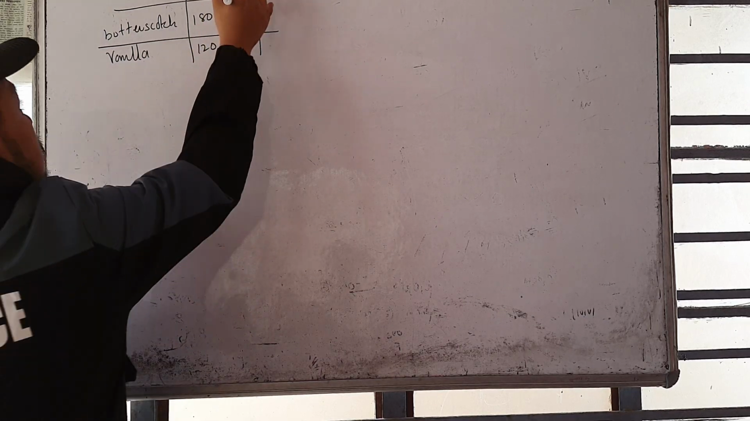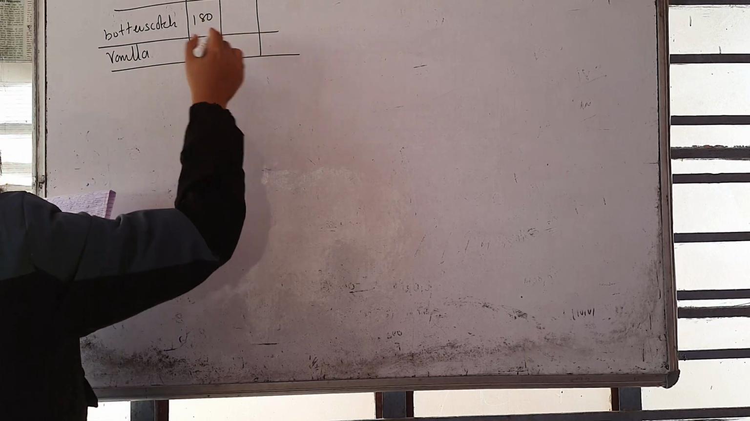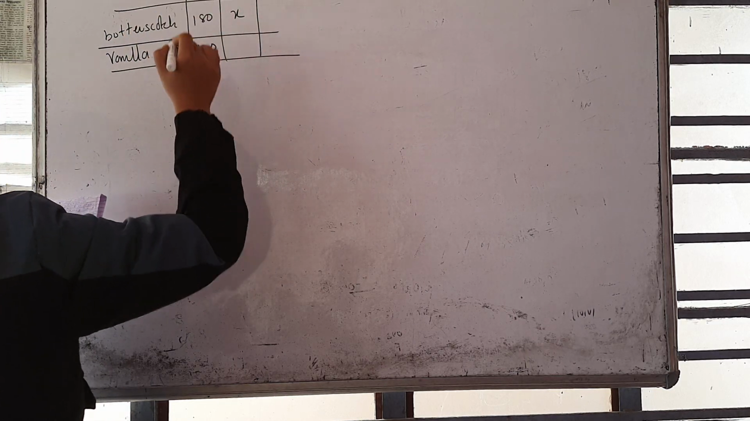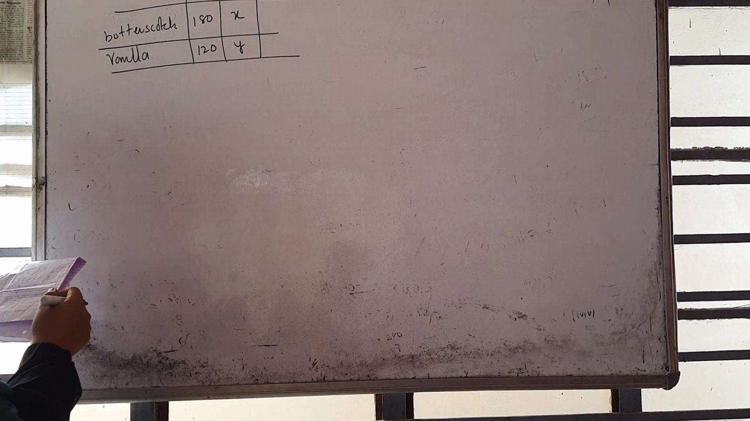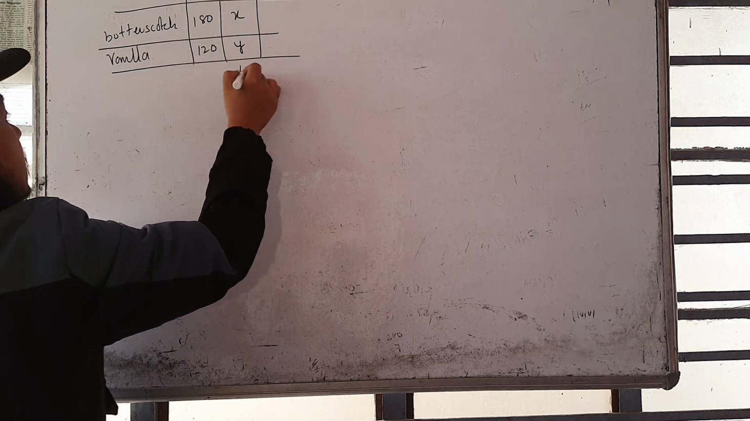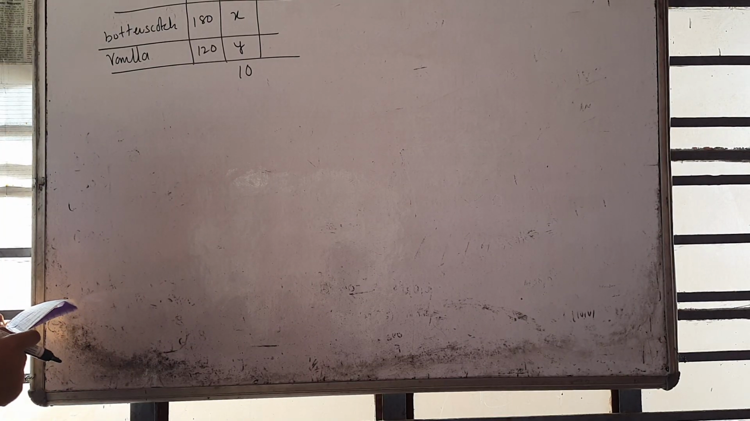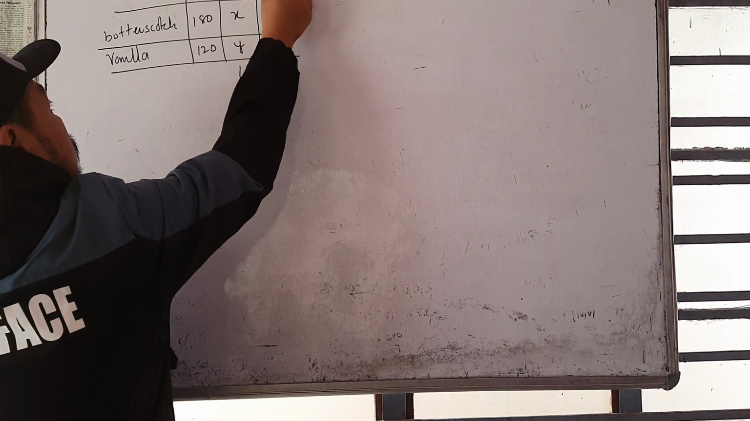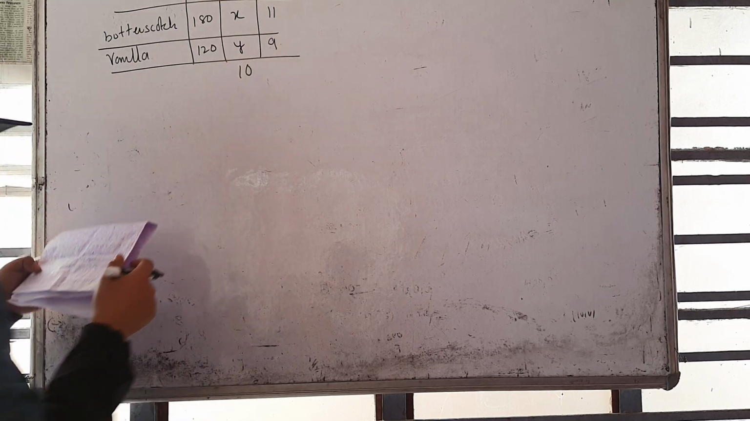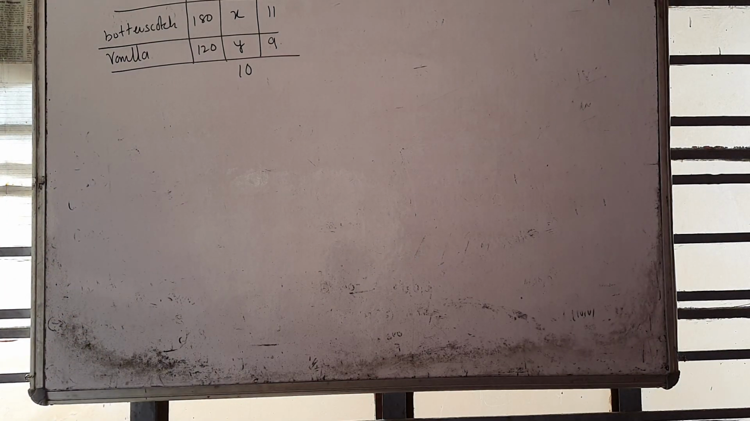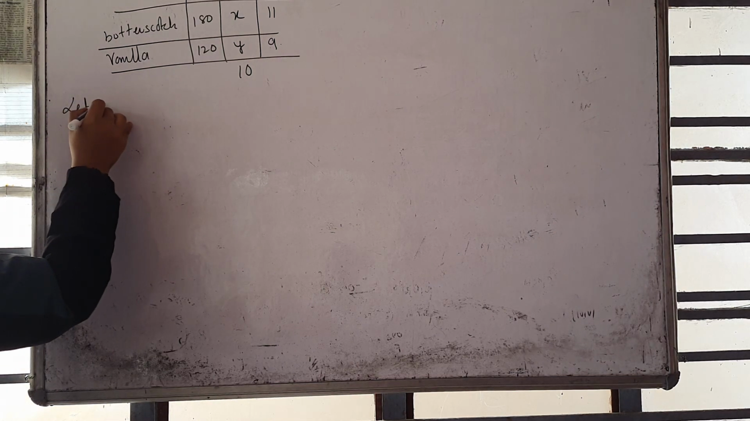Storage capacity: how many packets of butterscotch are you buying? X. And how many packets of vanilla are you buying? Y. This you have to find. He can store a maximum of 10 packets, so the total is 10. Now he will earn a profit of 11 rupees per packet of butterscotch and 9 rupees for vanilla. What am I supposed to maximize, guys? Profit. First of all, everyone, let x packets of